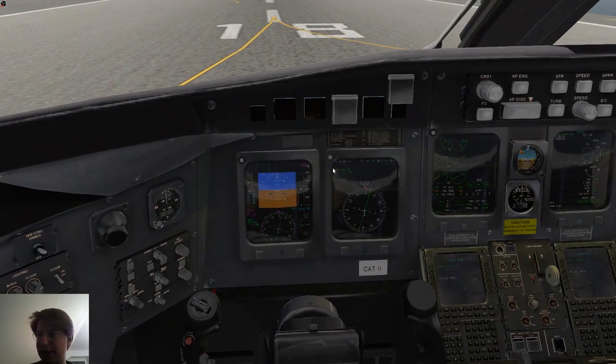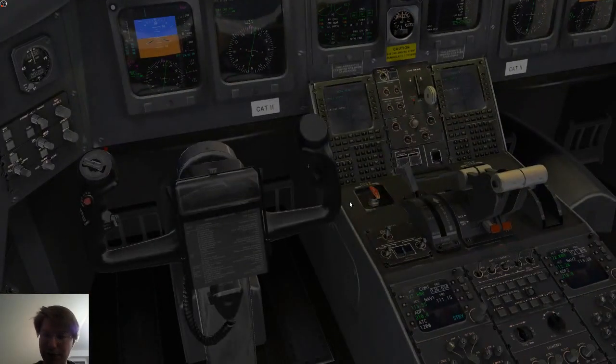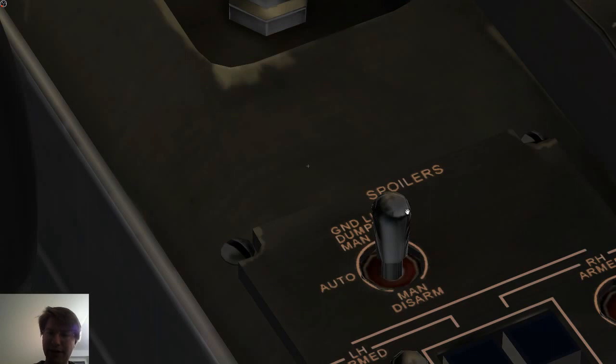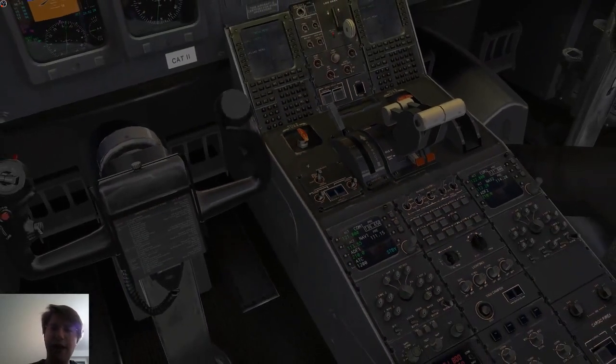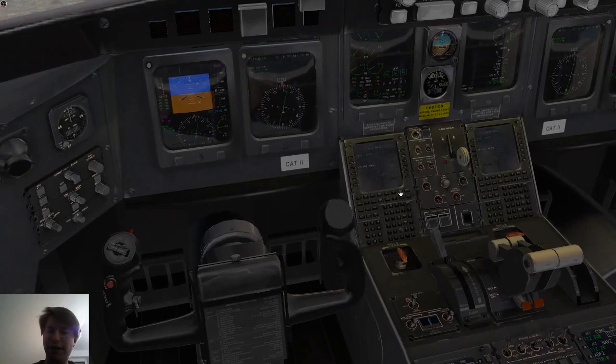Alright, first thing I'm going to do again is the brake temperature test and the ground lift dumpers, GLD. So this is the switch beside the spoiler lever that allows you to change the setting for the ground lift dumpers. There's 3 settings for this switch: manual, automatic, and disarm. And the way it works, if it's set to automatic,